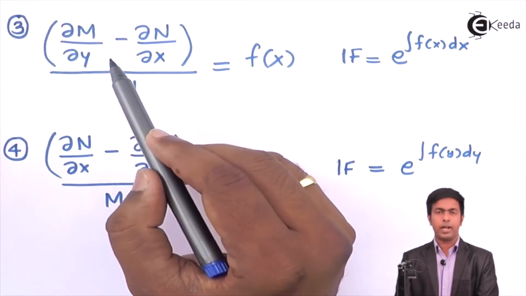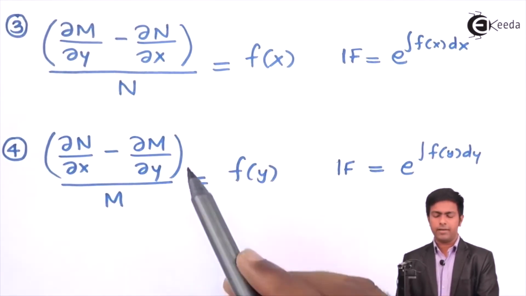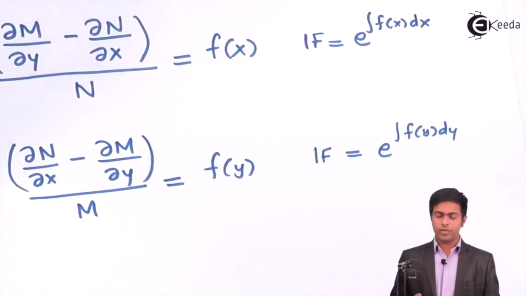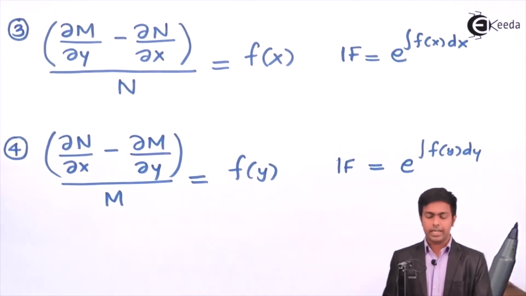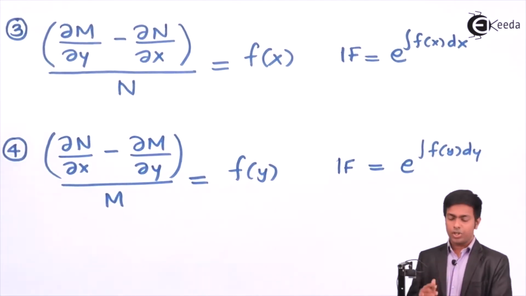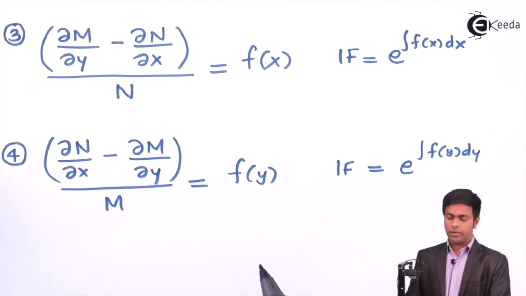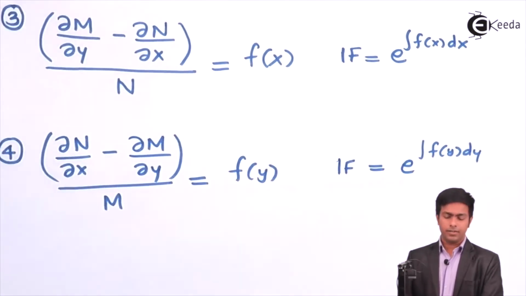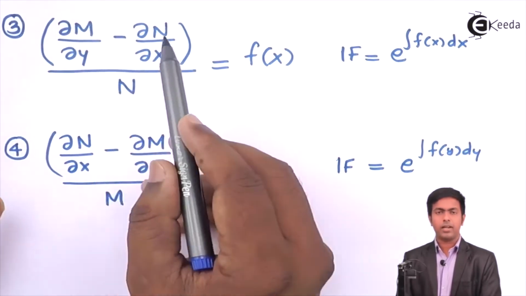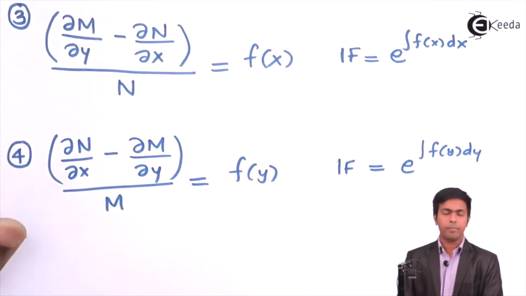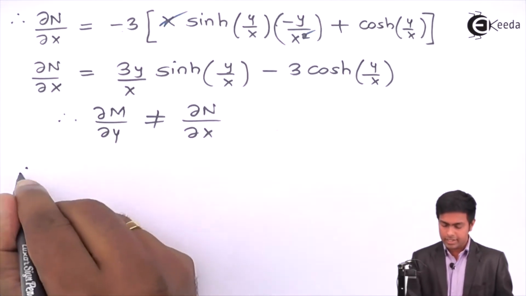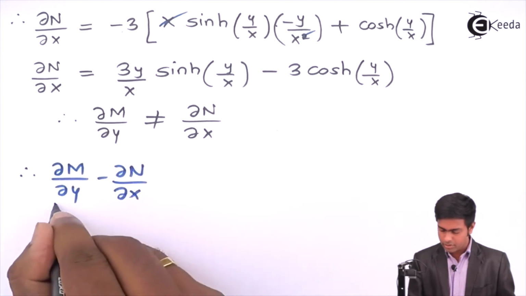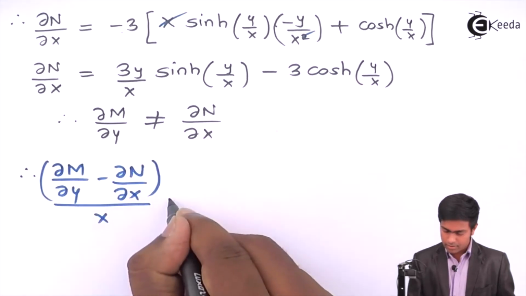So let's check for this pattern 3. The value of (∂M/∂y minus ∂N/∂x) upon N should be f of x. So guys, remember that since we have these 4 different types by which we can reduce the equation to exact by getting the integrating factor, in the examination you have to always compare your differential equation with all these 4 patterns. So right now I am matching it with pattern number 3. For that I have to subtract ∂N/∂x from ∂M/∂y. So here I'll say therefore (∂M/∂y minus ∂N/∂x) upon N is equal to